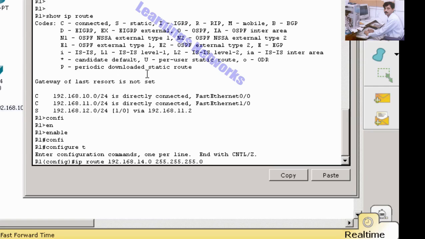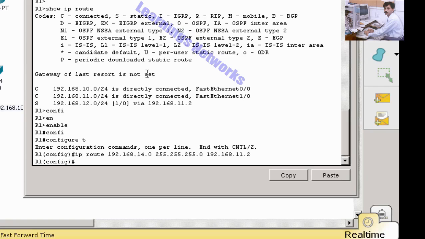After configuring 14.0, we check whether R1 is able to ping the 13.0 network or not. So the next hop for R1 is 192.168.11.2.